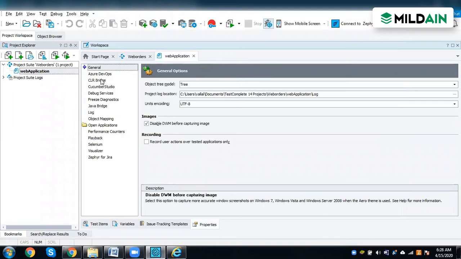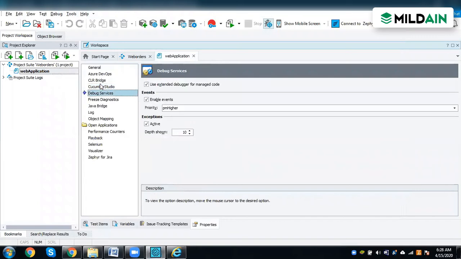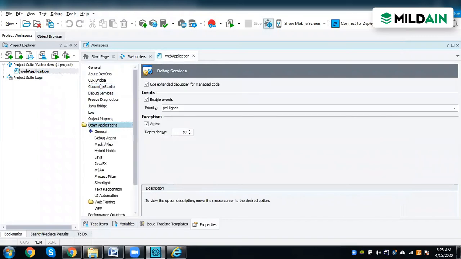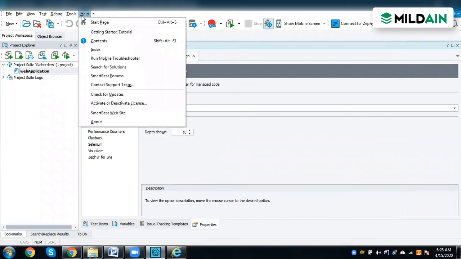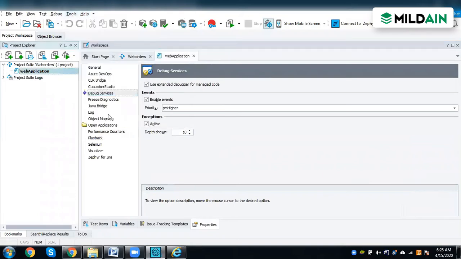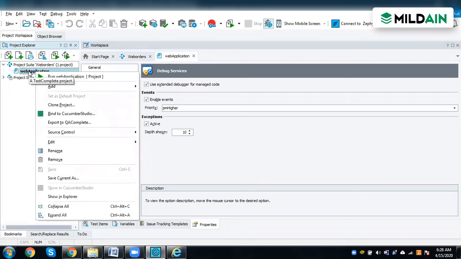Based on the need, we can change it in the current project properties. So we will see all these options. It is quite early now. It's a full set of properties, you see that. So after this, what we will do is add all the project elements, whatever is required with respect to Test Complete.